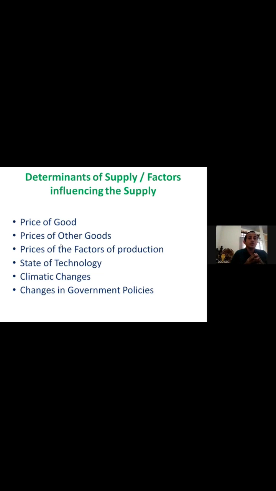Then price of other goods. Price of other goods means the price of related goods, the price of substitute goods, or the price of complementary goods. Now, for the price of related goods, we will go through one example. Say we know the ceiling fan and the pedestal fan, or stand fan, as they are commonly known. Now, if the price of the ceiling fan increases,